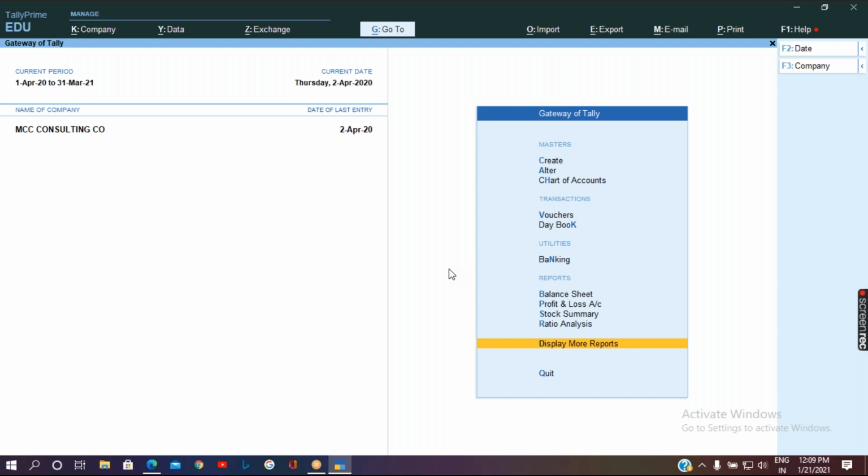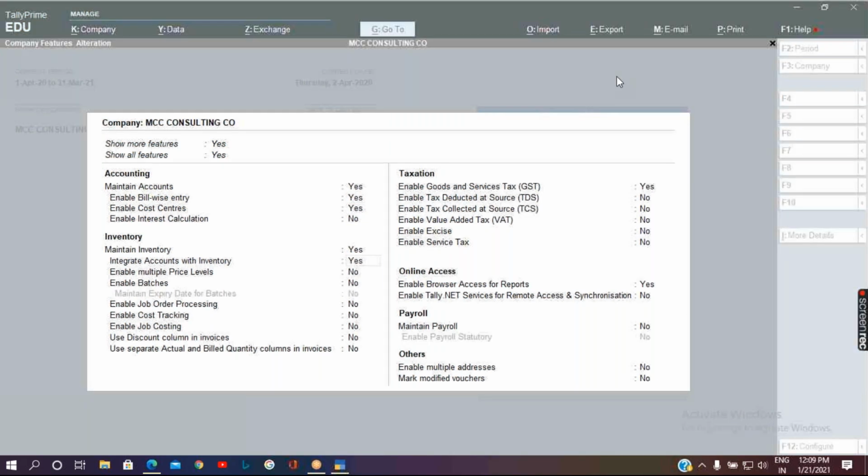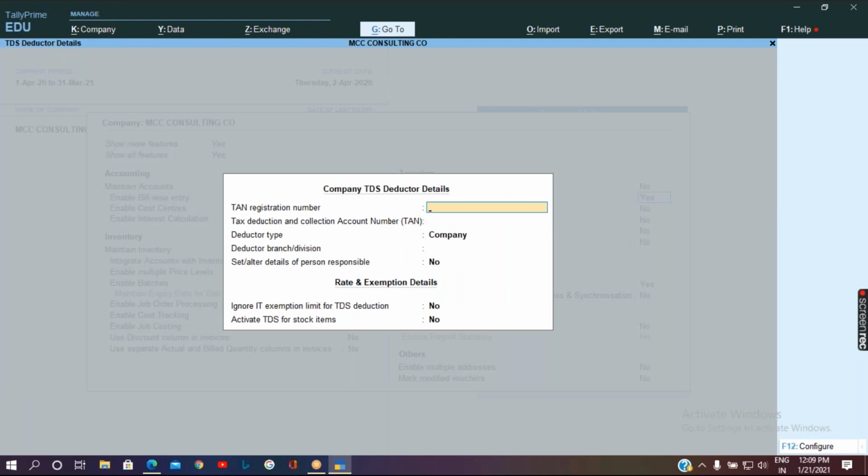Press F11. Under taxation, you can enable TDS. I'll disable GST and enable the TDS option as yes.